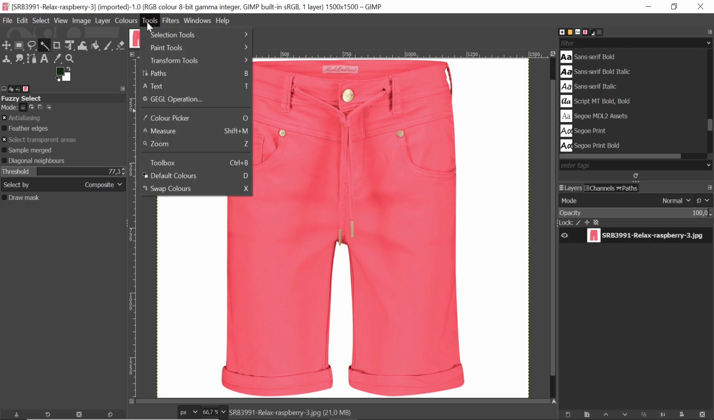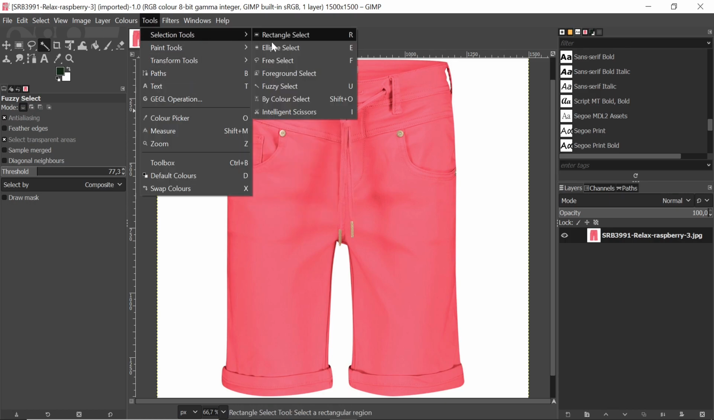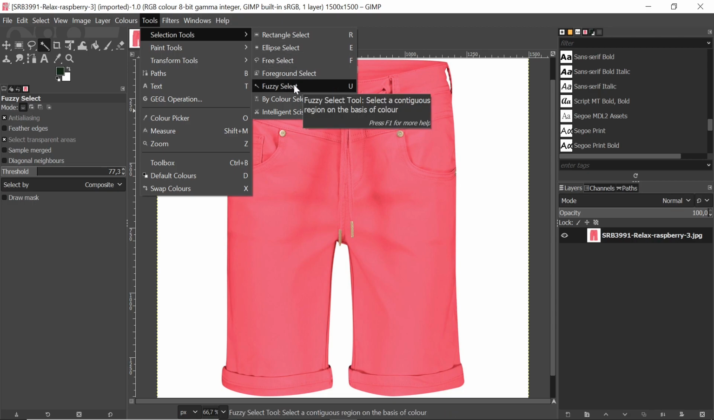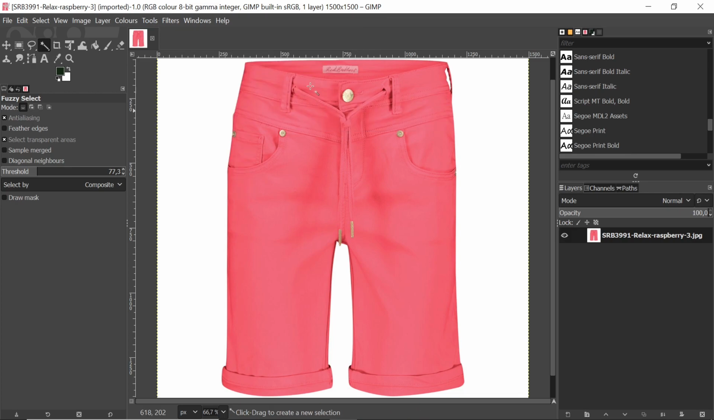For example, tools, and select tools, and you get fuzzy select. So I will select this fuzzy select tool. After that I will select the color from the image. So I click here, then it will select this color from this object, but be careful, sometimes it is not